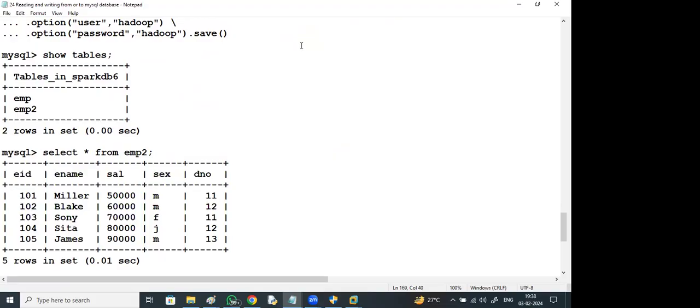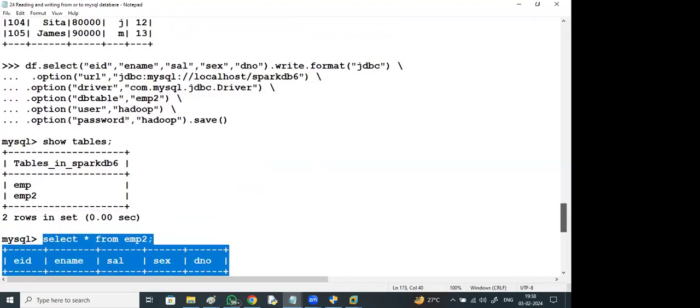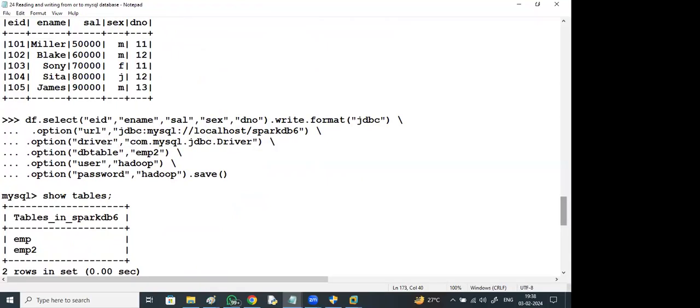Will the database table be created or updated? A new database table is going to be created. Okay, so the existing table won't be impacted, so it means a new table. Once we have made the changes in that df, you need to write and save it. The total data frame, whatever modifications you did, you will save it, and a new table will be created with this name. If a table already exists with this name, drop it and create a new table, emp2.